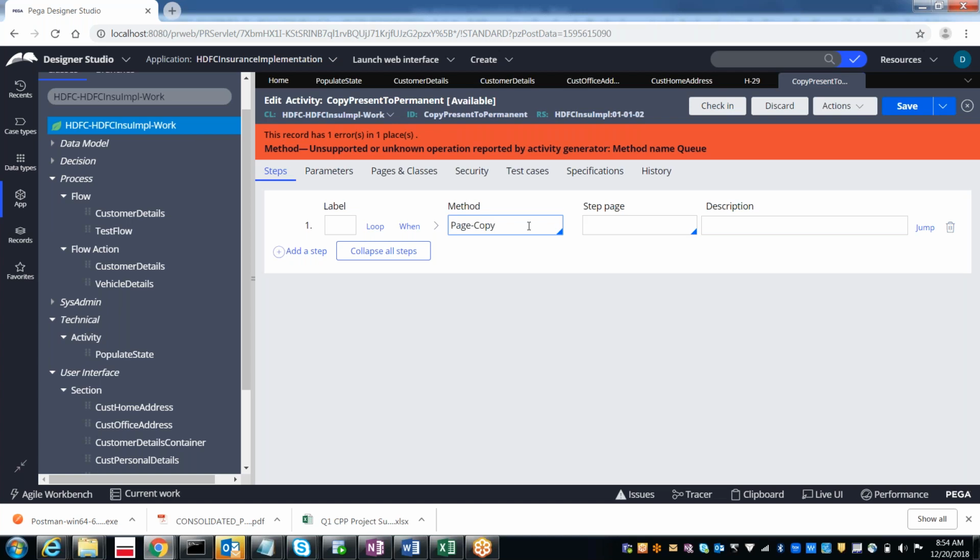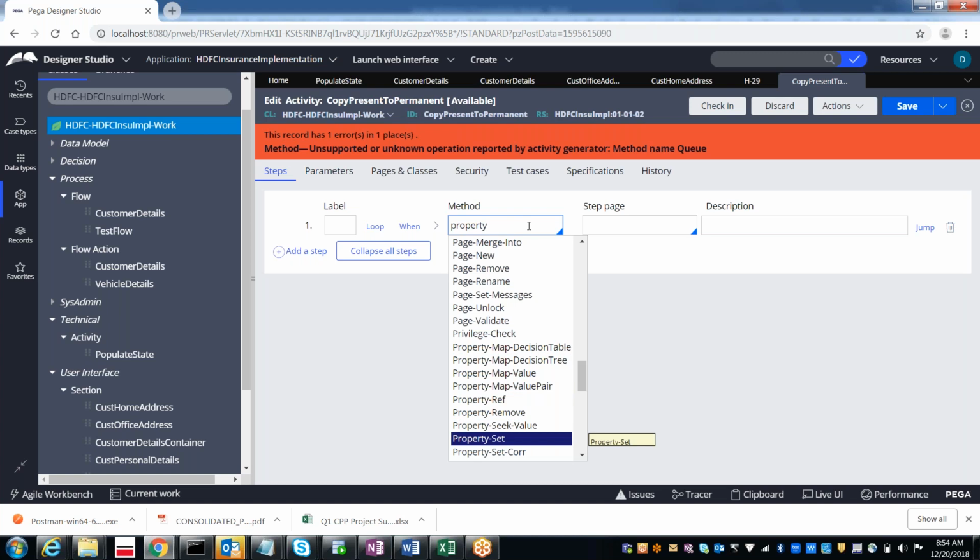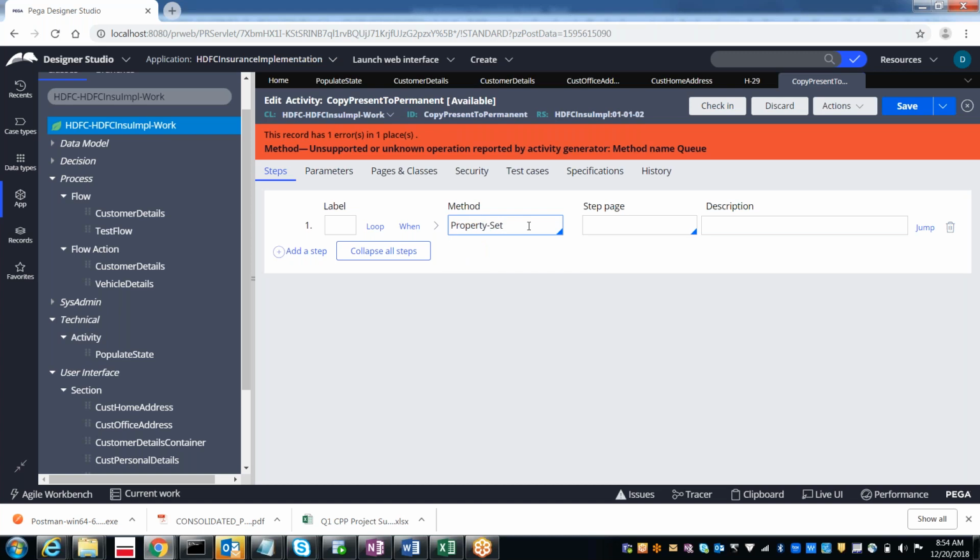Either we can use page copy, otherwise we can use property set. First let me try with the property set.